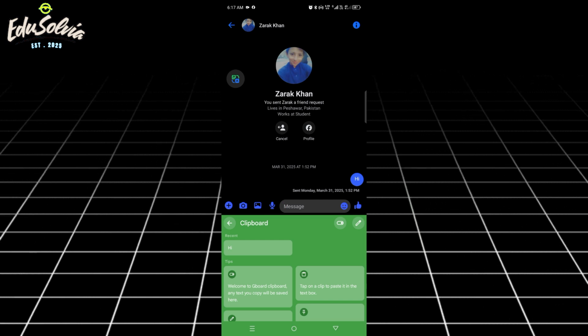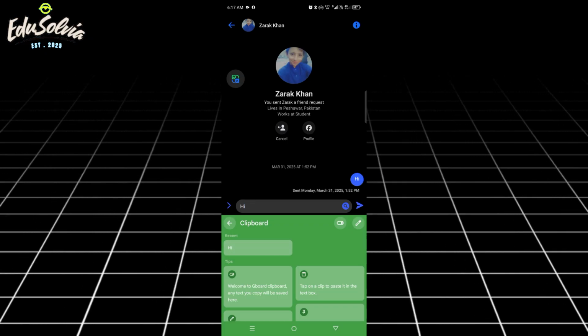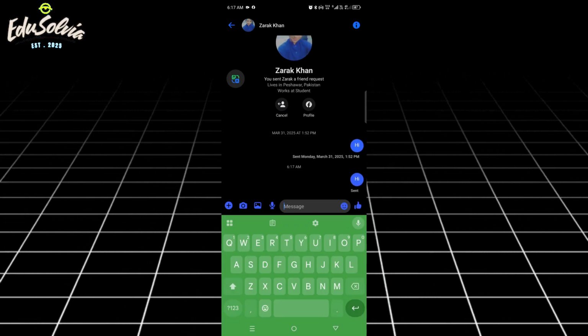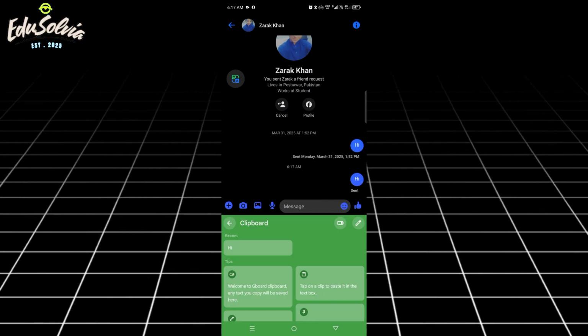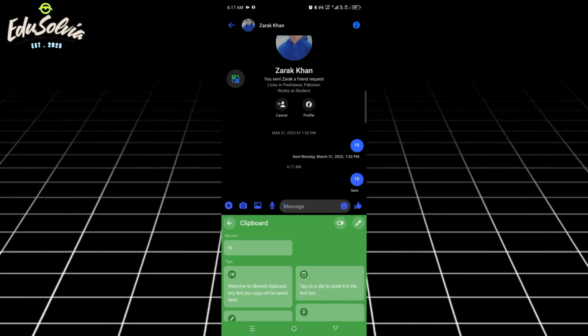You can open the Clipboard anytime and scroll through all your copied items. To paste something, simply tap on the item you want, and it will instantly appear in your text field. If you copy new text, it will automatically be added to the top of your Clipboard as the most recent